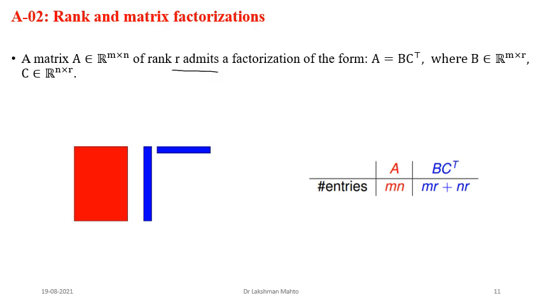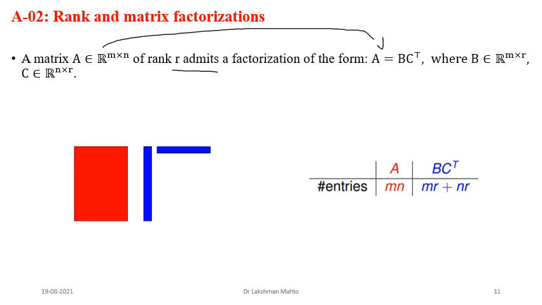Then if it is having rank r, definitely we can go for any kind of matrix decomposition, or another name is factorization, and you can decompose that matrix in the form of a product of two matrices B and C, where B is m by r and C is r by n. And now this is the general decomposition technique of a matrix of rank r.